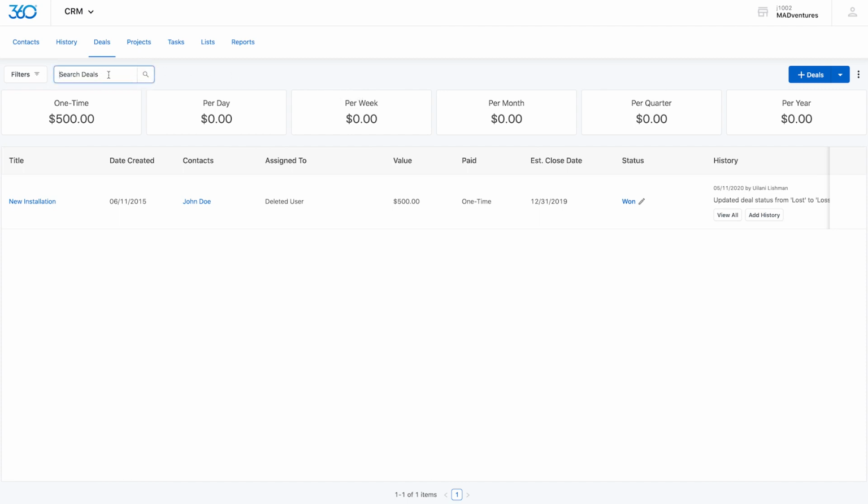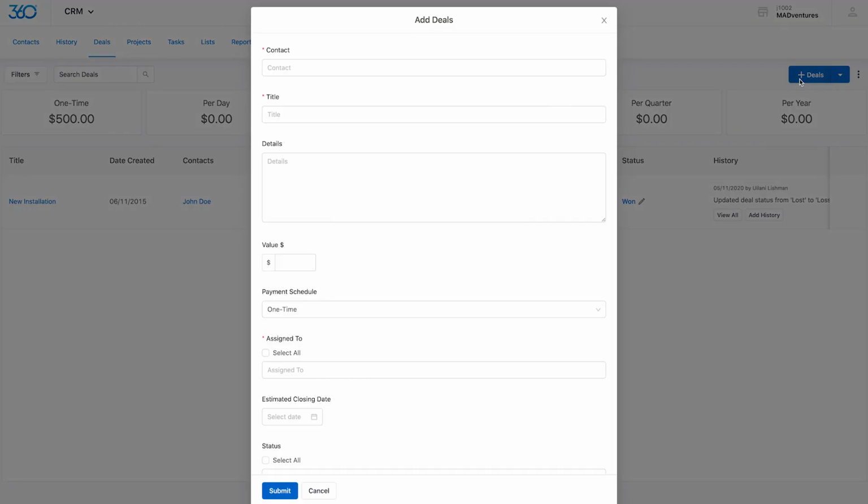Like the other pages we've covered, the Deals page features a search bar and preset filters in the upper left corner so you can sort and filter deals to find just the one you're looking for. To add a new deal, click on Add Deal in the top right corner of the page. Select the contact this deal is associated with,